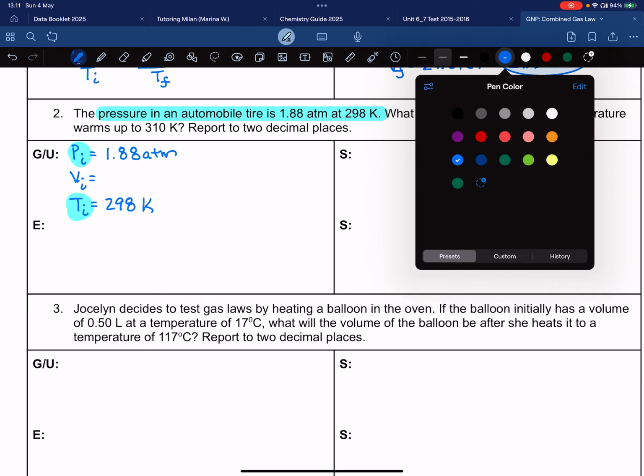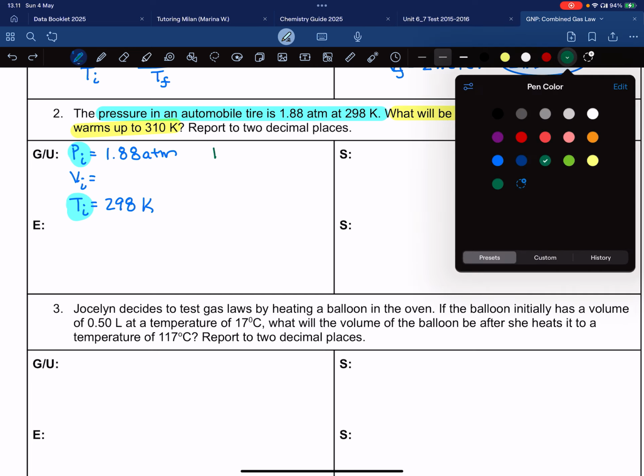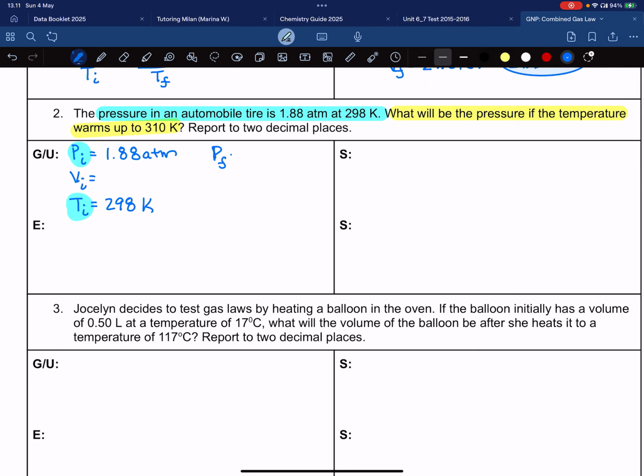What will be the pressure if the temperature warms up to 310. Report to 2 decimal places. All right, so PF we do not know. What will be the pressure? What unit is it going to be in? It's going to be in the same unit as the given. So it's going to be atmospheres because the given was atmospheres. Again, we don't have a volume. TF is